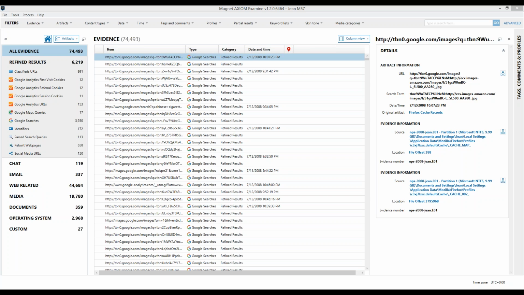Unstructured data sets work as well, like raw Mendite, hyperfile, page file. Good point, Aaron. Yes, unstructured data sets will work as well. One of the things to note about Axiom and IEF is that we actually don't care if we recognize the file system to go ahead and run our carvers. So we'll still parse contextual data out from the case, even if it's from a memory dump, a PCAP, a video game system,